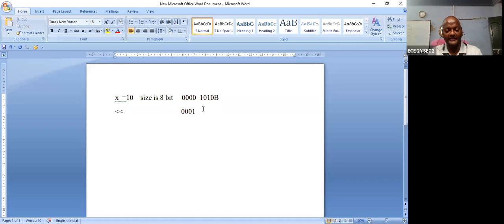And next here, what is the next one? 0. And next one, 1. Okay. And the next one, 0 and 0. So can you please observe this? What is this value in previous? So compared to these two values. In previous 1010 here. Now you can observe this 1010. That means it is shifted left by 1 position.